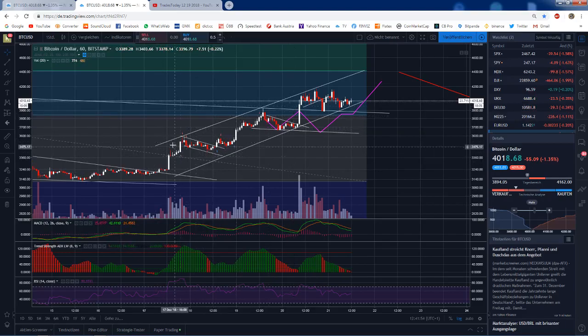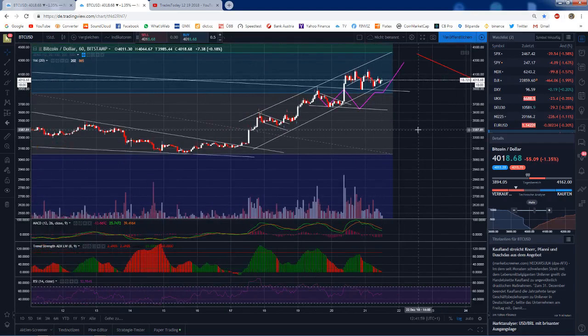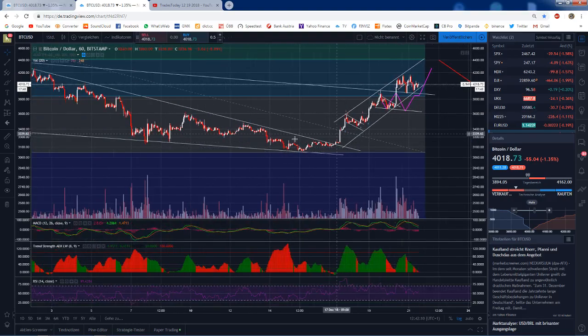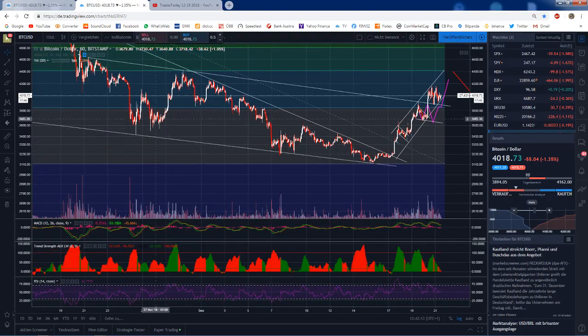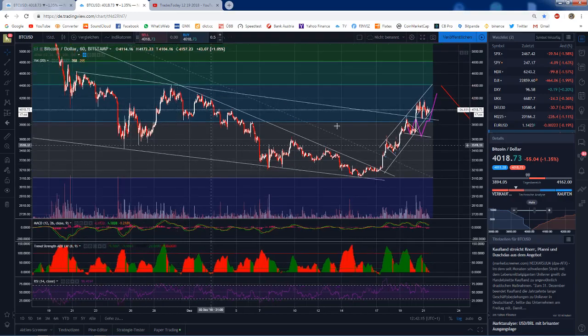This channel line. So if you have a channel where price moves in between, you always have a channel line and a trend line. In a descending channel, like we've seen here, you have the trend line on the top and a channel line on the bottom. The trend line is always more important than the channel line,